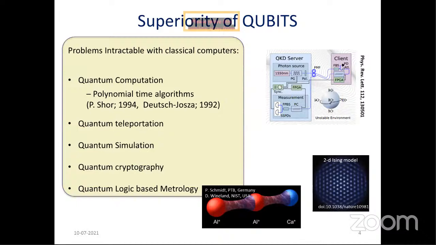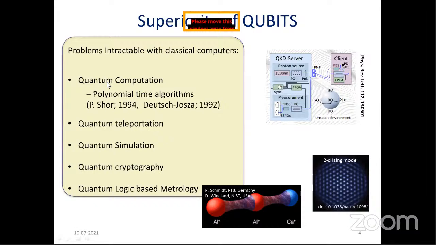Now, why are these quantum mechanical bits, or qubits, superior? Because of the existence of the superposition of the ground and excited state, or the superposition of the two possible states of a quantum mechanical system. And not only that, but you can also have multiple qubits entangling themselves. So these resources of quantum mechanical bits, the superpositions and the entanglement, are an added resource on top of what your classical bits offer. That opens up enormous possibilities for doing computation.